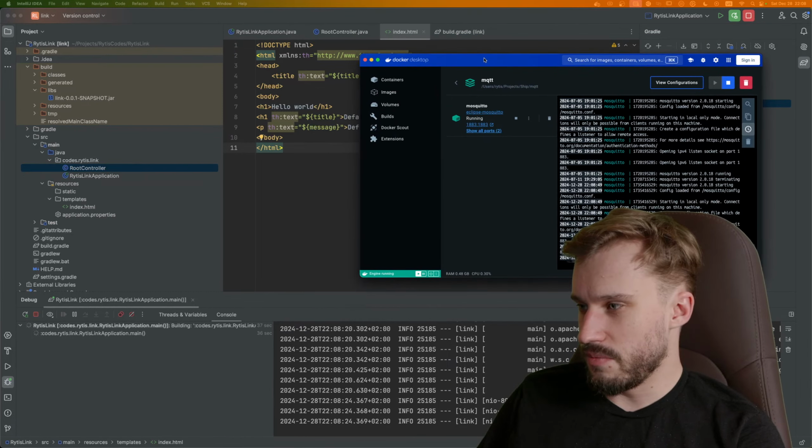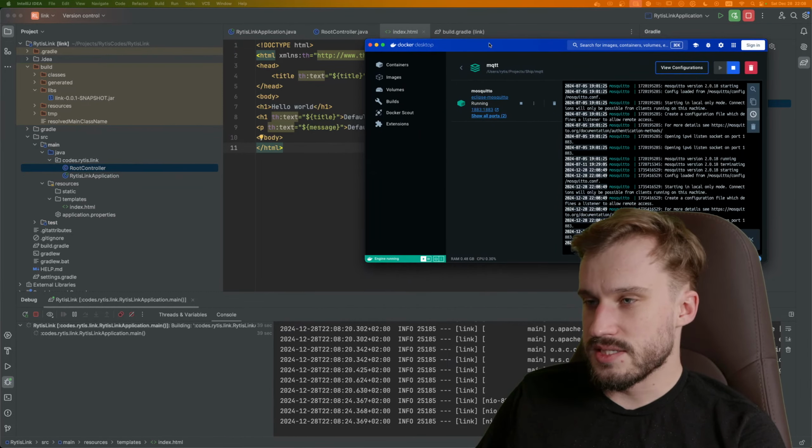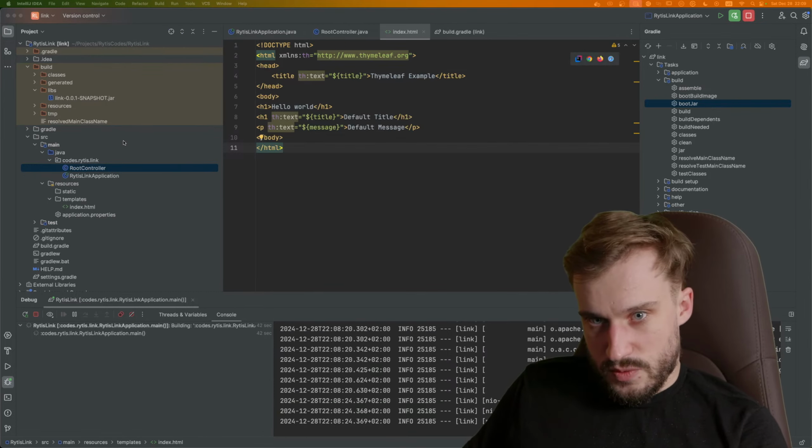Oh, it's actually also running my Mosquito server. That is nice. Anyway,